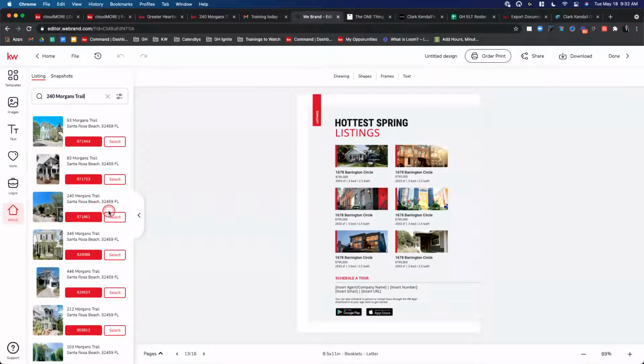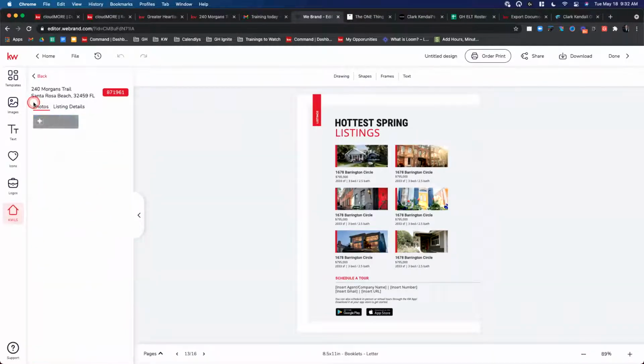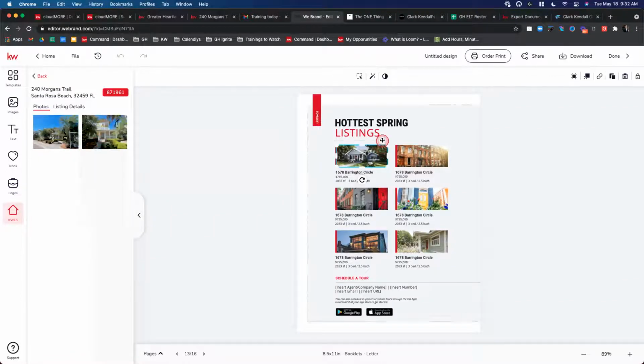If I click on this listing, or I select this listing, it's going to automatically bring in the photos in MLS. Now this is brand new. It's just on the market, so there's not a lot of photos on here yet. It's just as easy to search for the property and bring the photos in, so you don't have to download from the MLS or download from anywhere else, upload from your Dropbox. If it's in the MLS, it's going to be here. Anything you put in the MLS will be on this KWS.